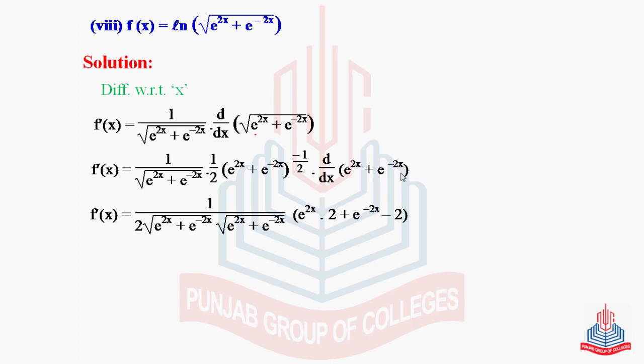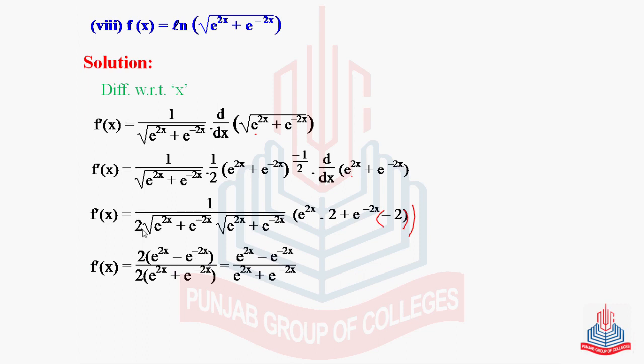That is 1 over 2, this will be same, square root of e^{2x} plus e^{-2x}. This again can be written as, due to the power minus 1 by 2, in denominator e raised to the power 2x plus e raised to the power minus 2x, and derivative of e^{2x} will be e^{2x} into 2 plus e raised to the power minus 2x into derivative of minus 2x, which is this minus 2. In numerator 2 will be a common factor, which is this one, and e^{2x} minus e^{-2x} is the left,